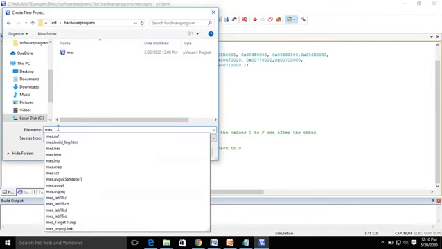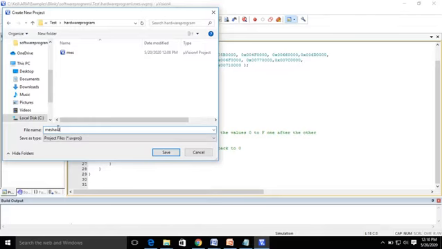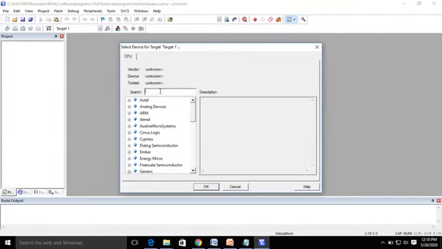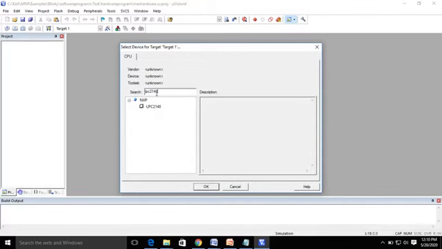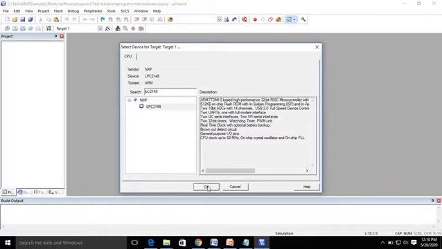Click on Save. A pop-up window will appear, where you need to search for the LPC2148 ARM processor series. Click on that, click OK.